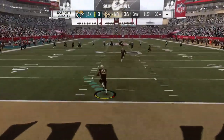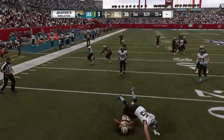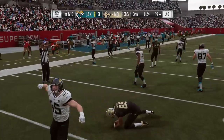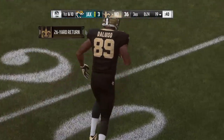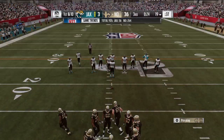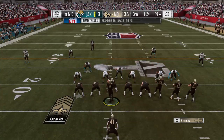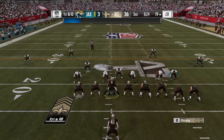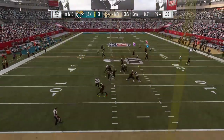This is taken about 7 yards deep, and he'll take it back to about the 19-yard line. Out onto the field comes New Orleans. They built a good first-half lead, and now they have a chance to add on to it. And what I'm thinking is that the offensive staff spent the entire halftime just working with them on, here's what...